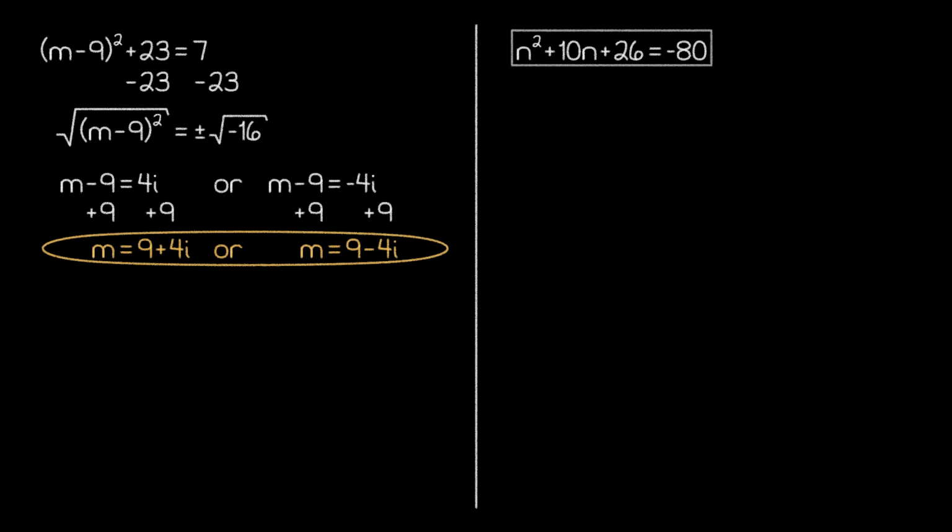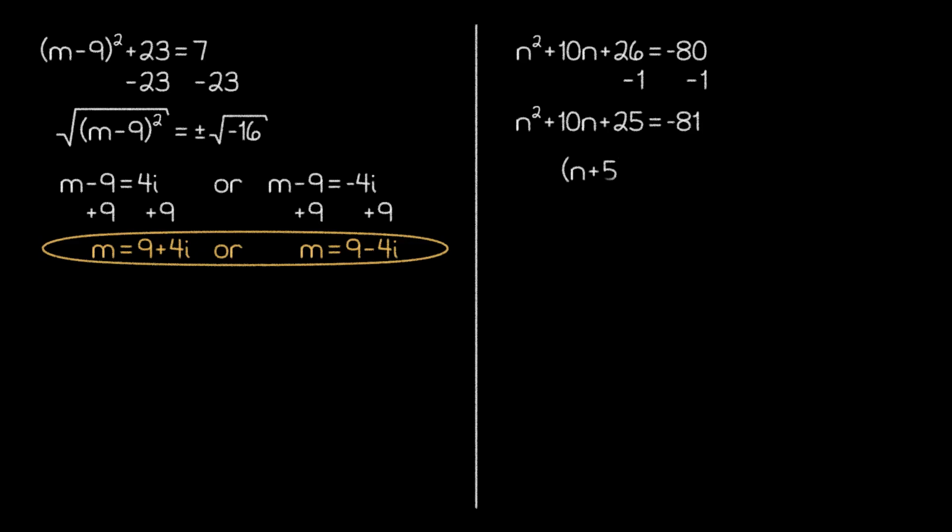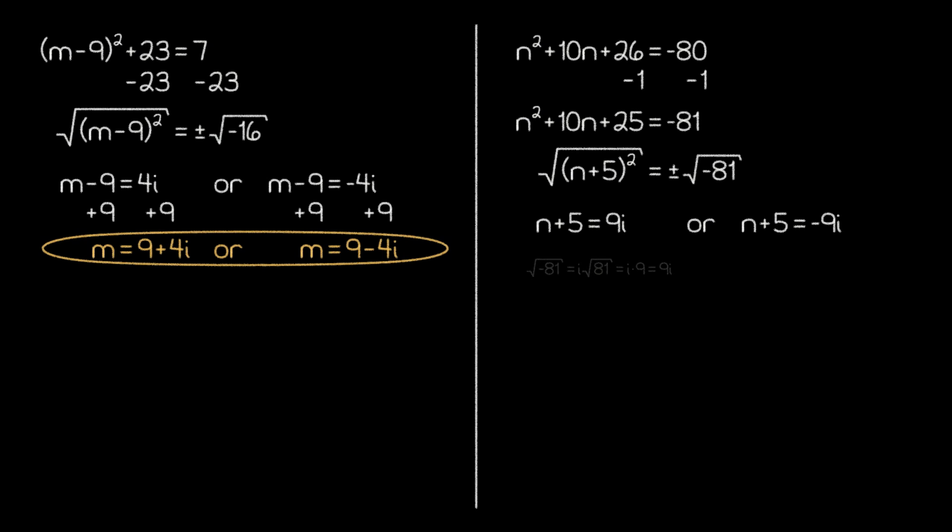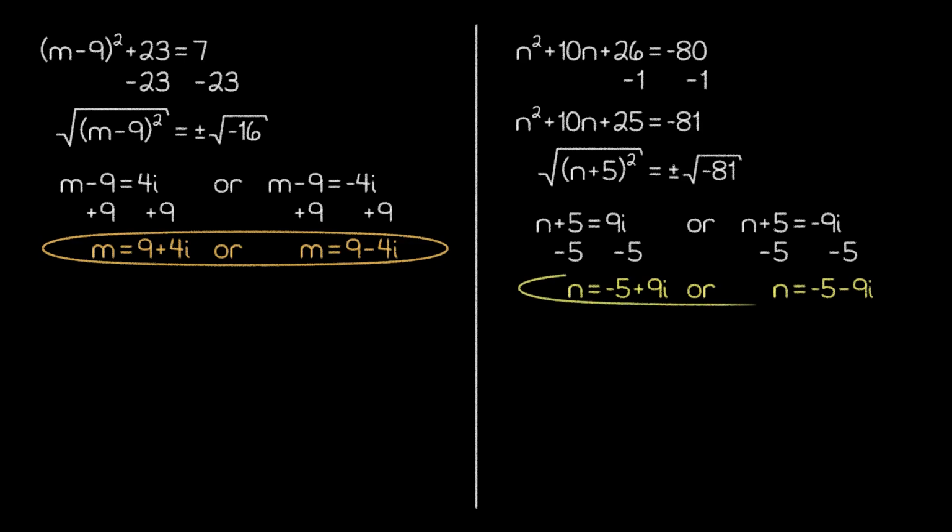For our next example, we're considering an equation that starts with a quadratic in the standard form. We'll also go about getting our solution in a slightly different way than we normally would. Notice that since our standard form expression was really close to a perfect square, we simply subtracted 1 from both sides of our equation to achieve a perfect square on the left side. Normally, we would have subtracted 26 from both sides and then added 25 back on, but eventually we reach a point where we can combine those steps if we want. And now that we've completed the rest of the solution process, we can see our answers here.